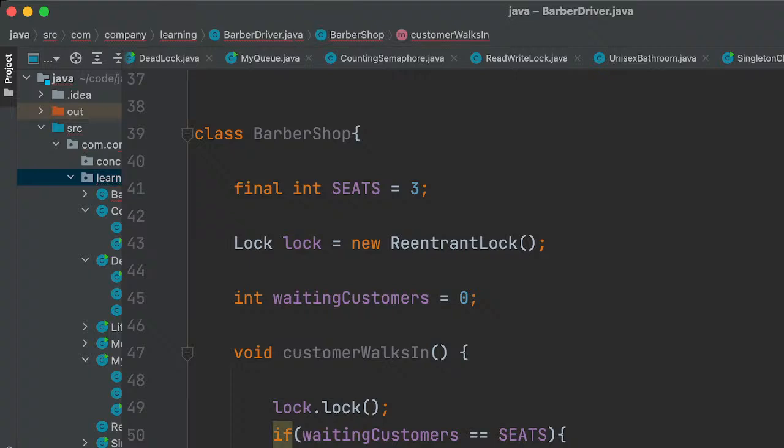So what we can say is standard.println there is, all seats are occupied, right? So the request cannot be served.